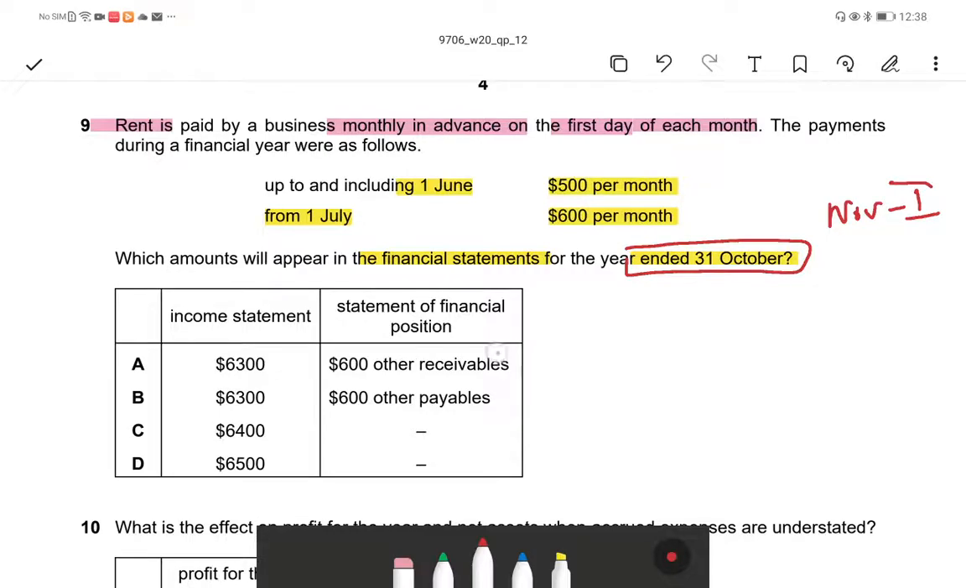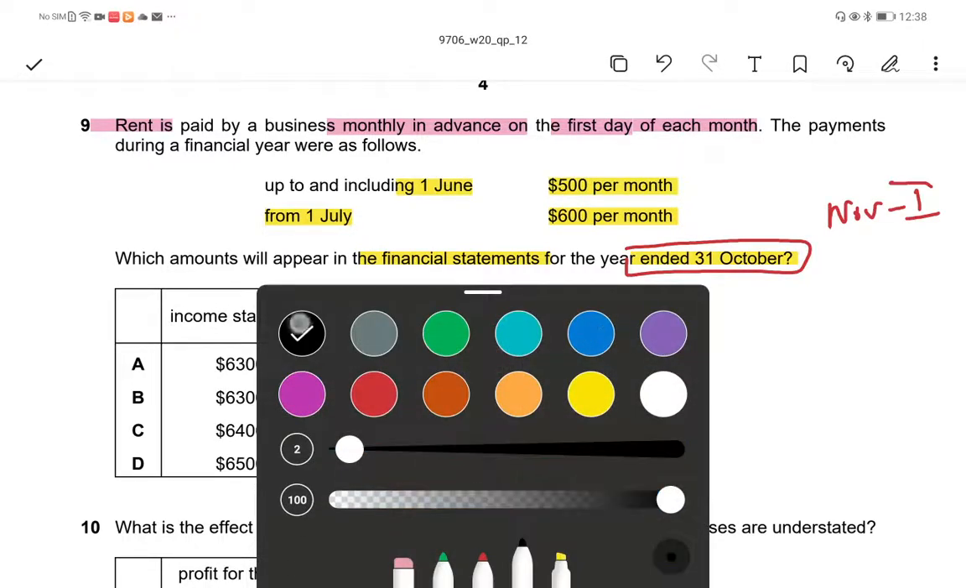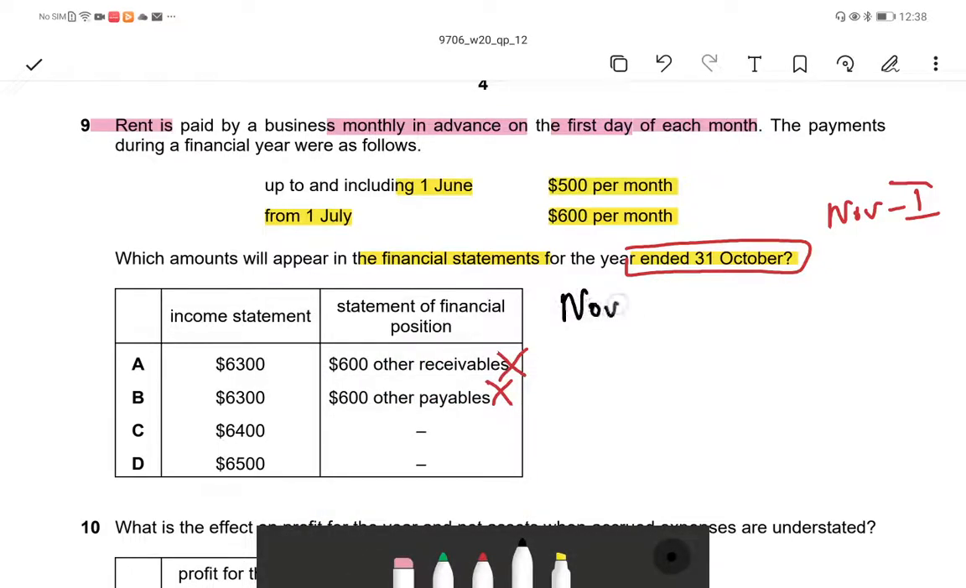So options A and B are wrong. You have to check which option goes to the income statement. Here the question doesn't talk about prepaid or accrued, so skip A and B. Now the amount we have to calculate. November to June, how many months are there? 8 months. 8 into 500,